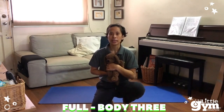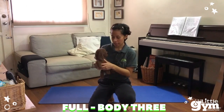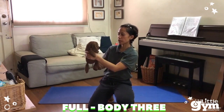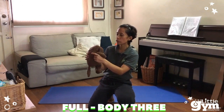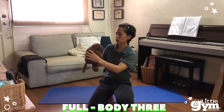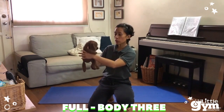Keep doing that. Now the next one, the last one, is called going around. I bet you like this, Curly Sue. So what it is basically swinging them around while you hold on to their upper torso. I like to hold on to their upper torsos just like this, right by their armpits, but you can definitely also hold on to their upper arms, okay? Upper arms. Great. So go ahead and hold on to them where you're comfortable, but never on the forearm, okay? So upper arm or the upper torso by the